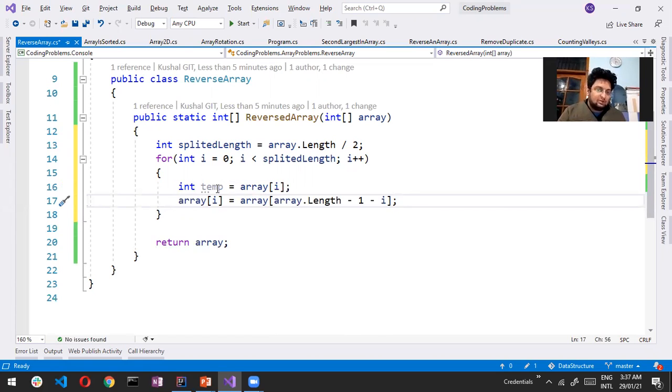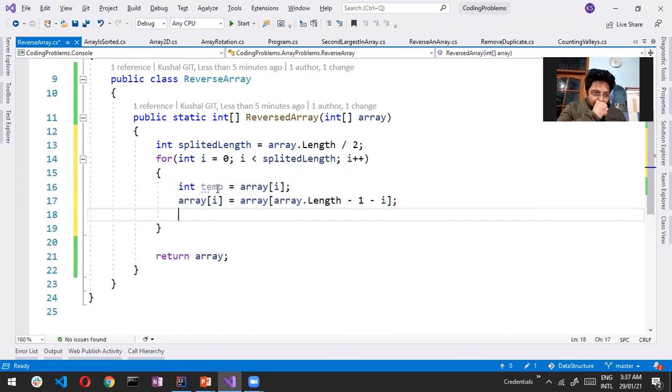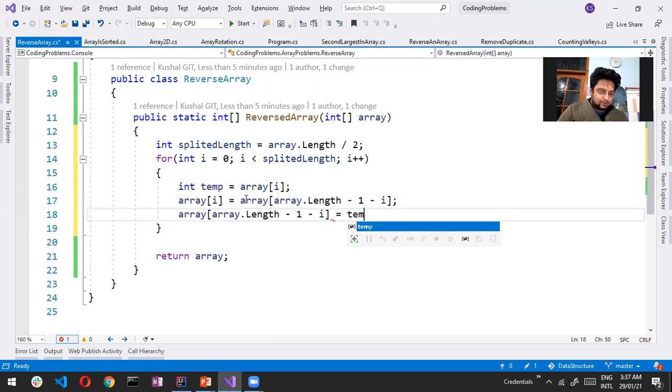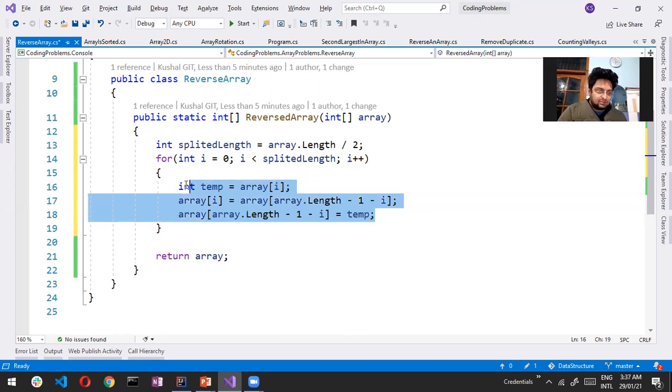I will try to explain in words as well. And then again I will put the temp here. I will take one more minute and explain this logic once again to you.